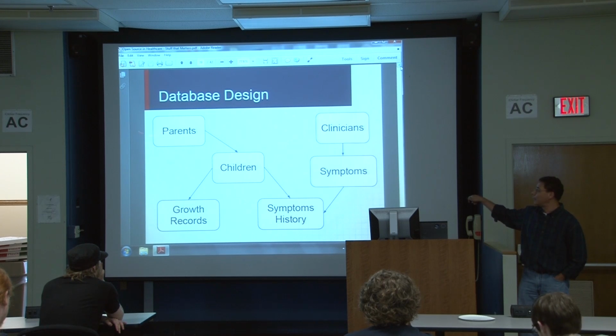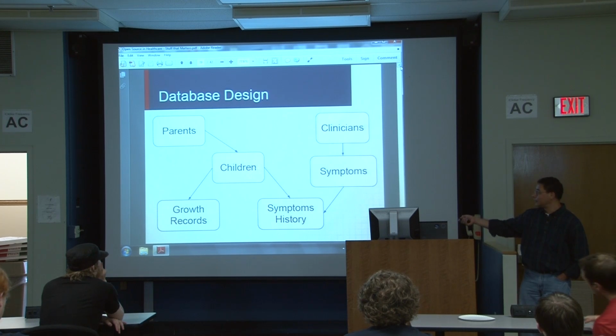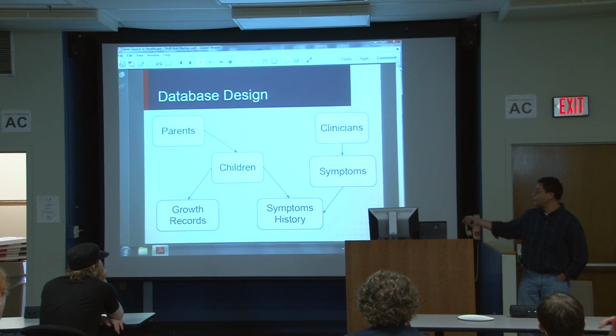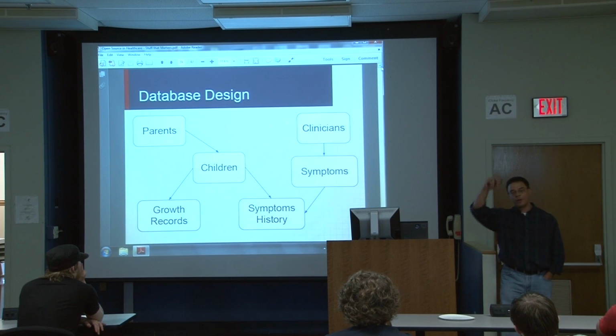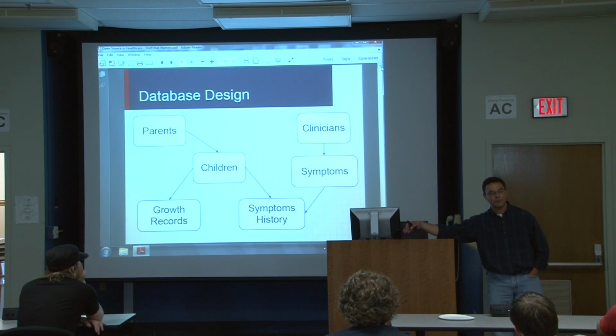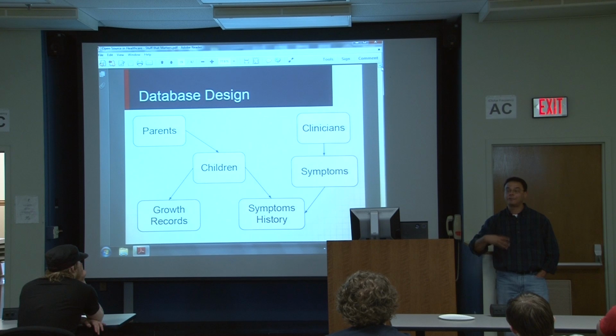So you will have parents. The site is, of course, designed for parents to enter information. Parents will have multiple children. And what we are trying to keep here is growth records. Very simple, just, on February 25, it was weighing 10 pounds, one entry in a table. The next day is weighing, so we are talking about three pieces of information and records that are very simple. But they have to be kept in an organized way.